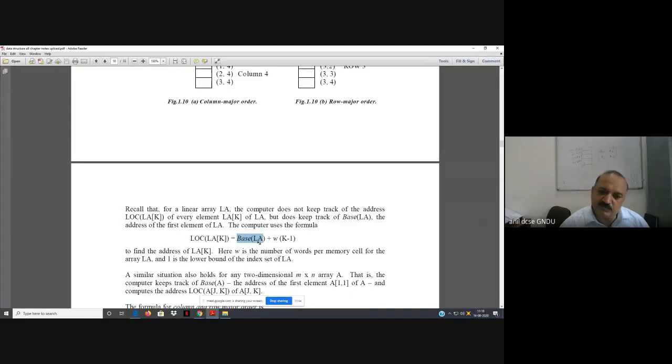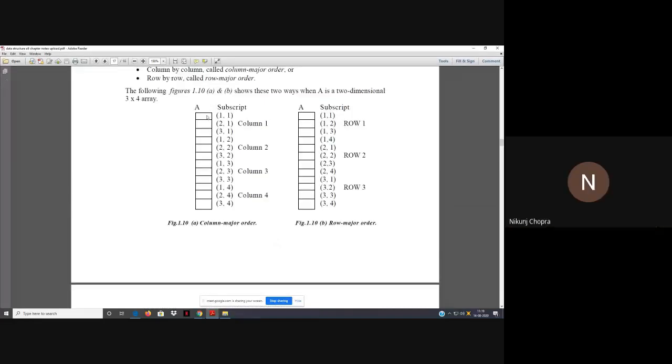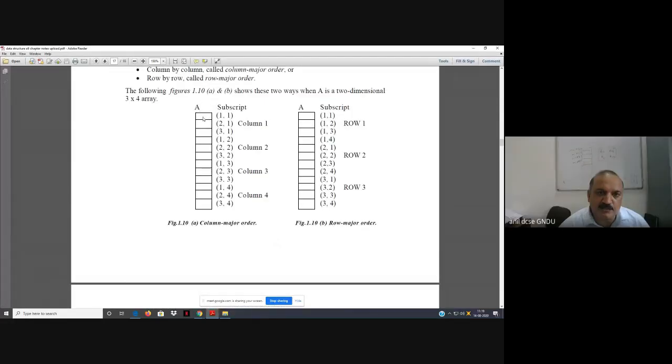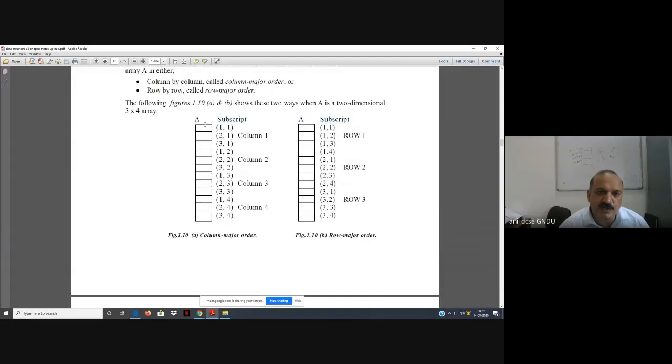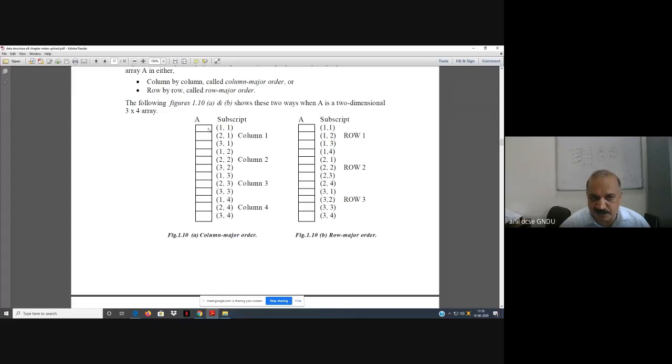Clear? The base, where it starts from, plus W, the word length. Here W is the number of words per element. For example, suppose this is a memory location of 1 byte, this and this, and we are storing integers.